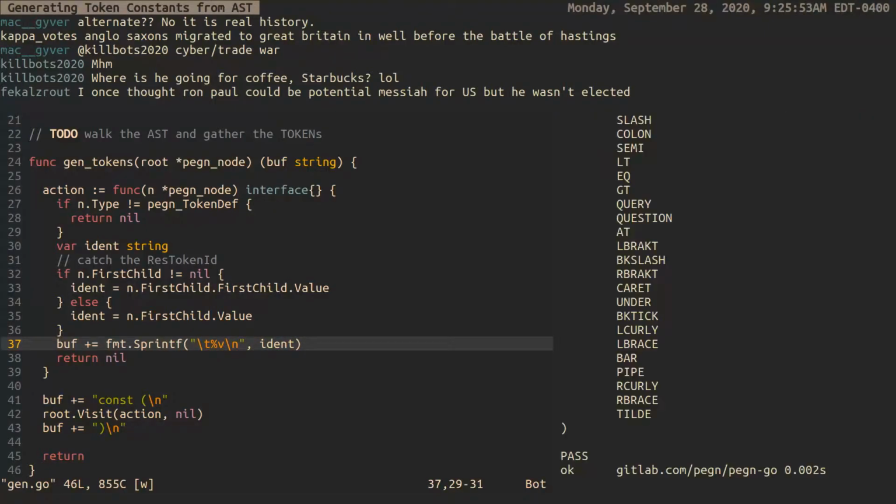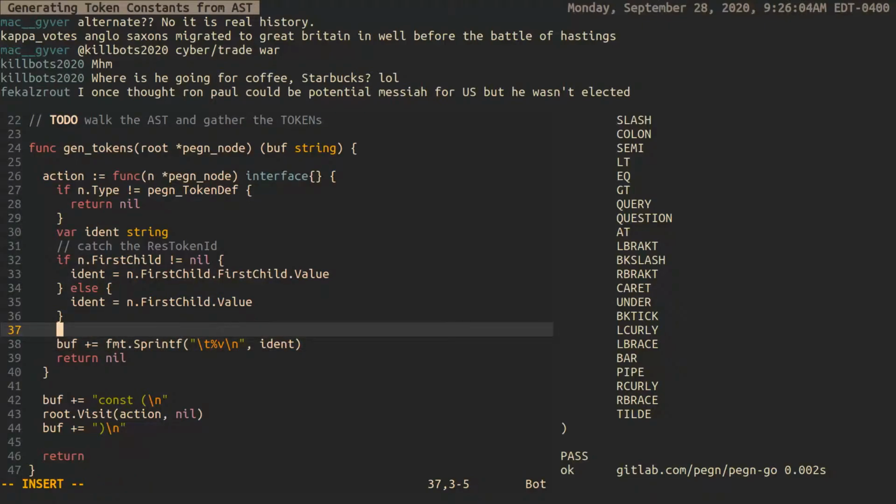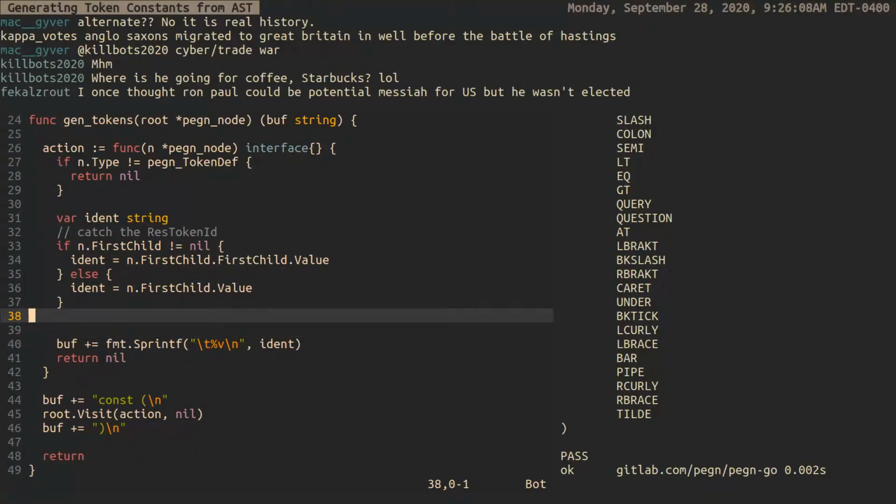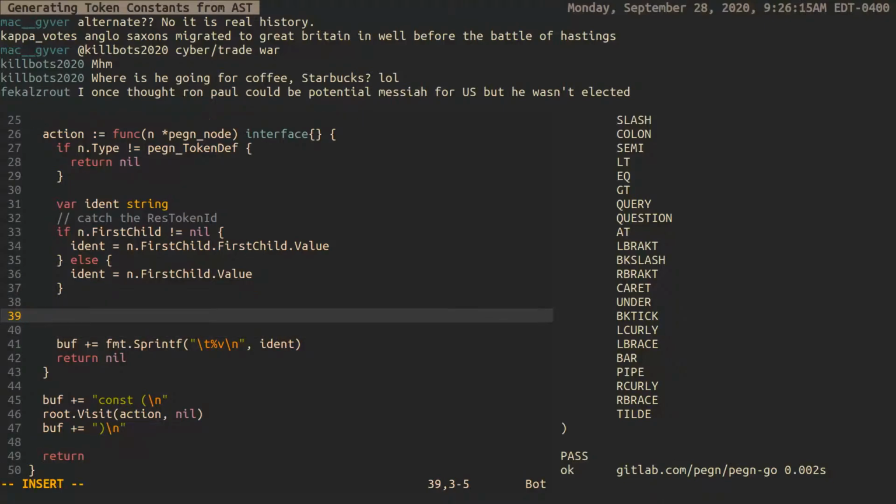So that's going to do all of those. All right, all good, but we also need some more stuff. We can have the ident be its own section. What else? We need